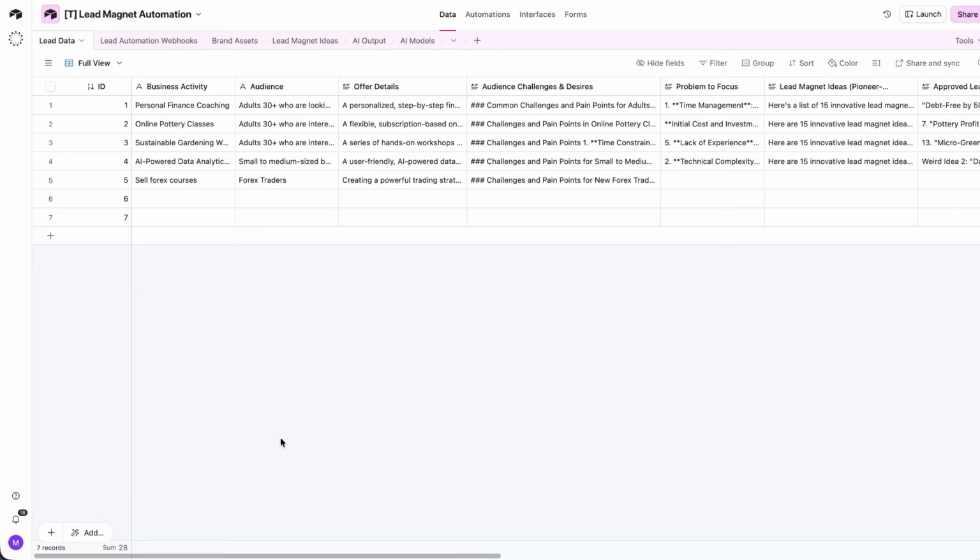You're not going to get a higher lifetime value of clients. And it's just basically a waste of time for absolutely everybody. So if we're going to build these systems, then let's make sure we build something solid. So we're taking the poorly designed lead magnet automation from another creator, and we're turning it into a fully fledged lead magnet system that not only creates the idea and the outline for the lead magnet, but we're actually going